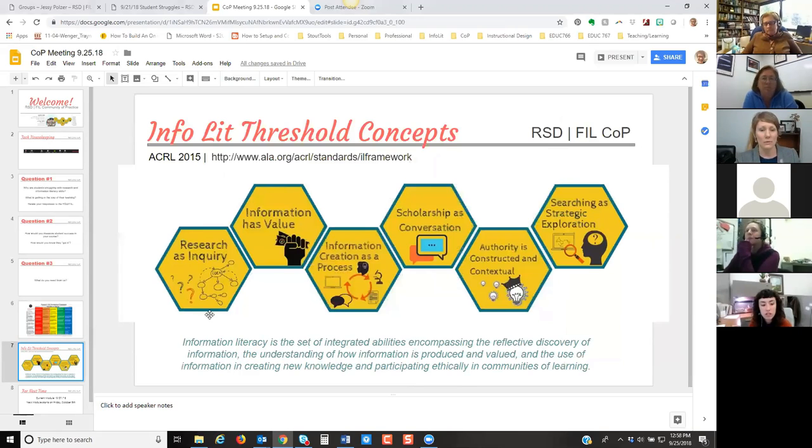So the threshold concepts of information literacy come in behind and might start to shed more light on why they're not moving through the RSD as well as we think they should. And there's lots of reasons why maybe they're not. There's systemic administrative reasons. There's some teaching assessment mismatch reasons. But this is just another tool we want to give you to be able to see through. Hopefully that's helpful. Bye, Sandra.